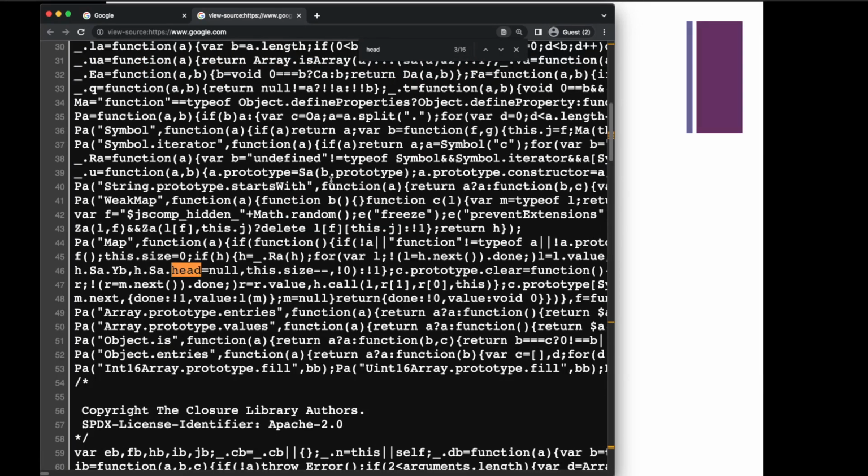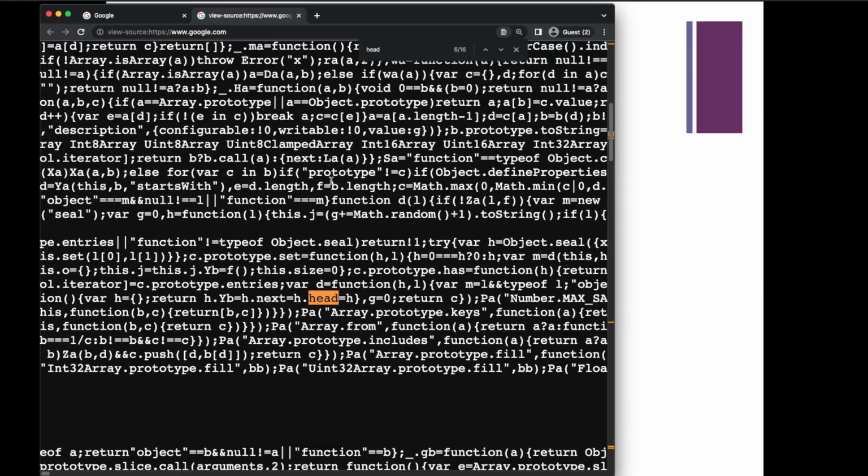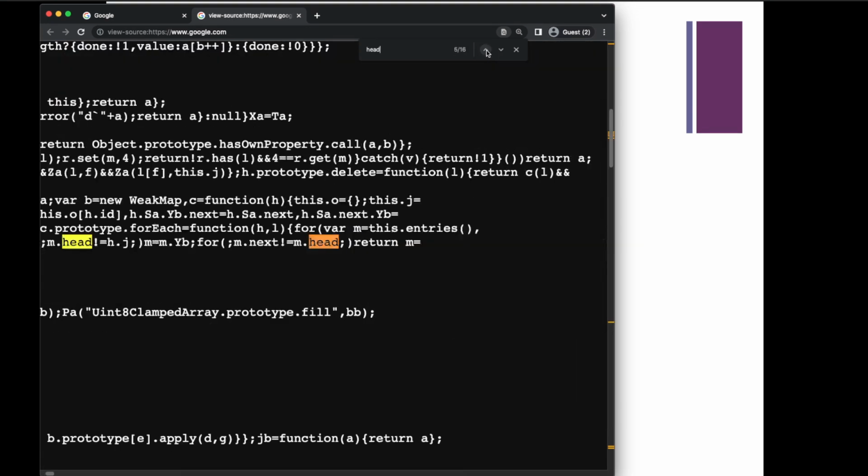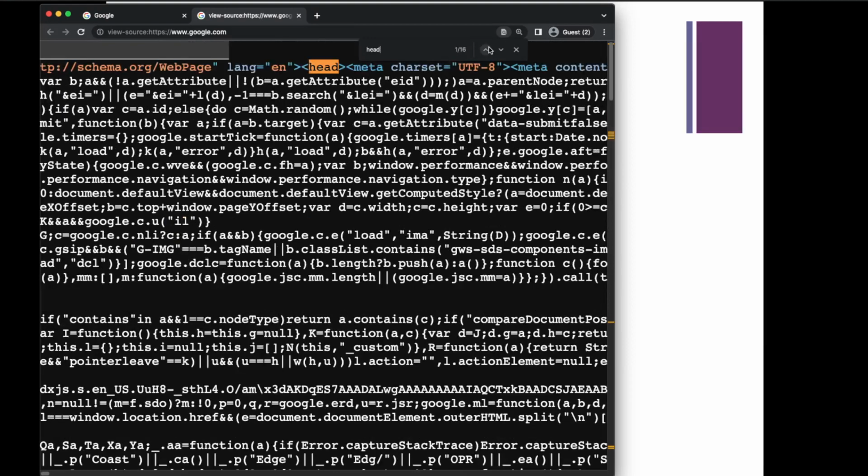This is not the head. Oh, go back. Look at this. This is a head tag. Where does this head tag start? Very beginning. Oh, here we go. So this is where the head tag starts over here. So the head tag is here,